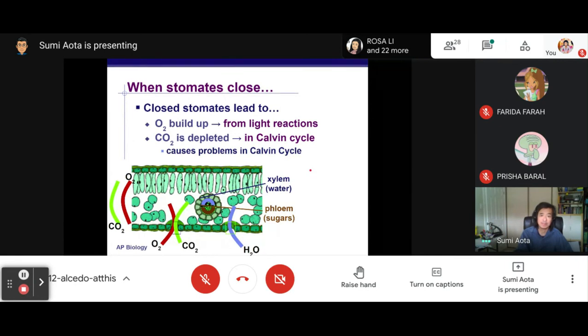So here at the stomates, it's good for water because you're not losing water, but now O2 and CO2 can't as well. With Rubisco,